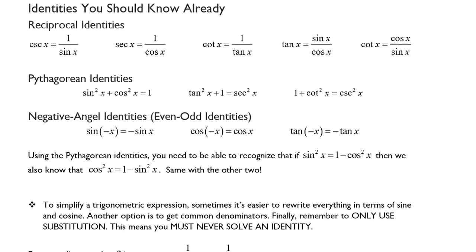An identity is something that morphs, so you can write it in two different ways. The simplest thing I could compare it to is if you have, say, 3 plus 2 on one side of your equation, you know it's equal to 5, but you're writing it in two different forms. With identities, we know that the cosecant of x is equal to 1 over sine, the secant of x is 1 over cosine,